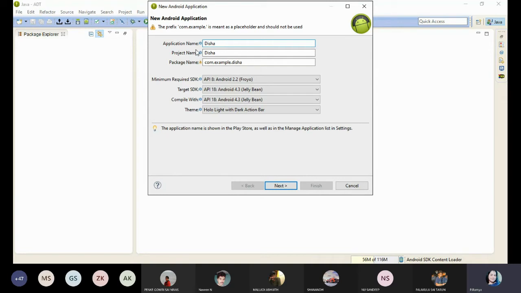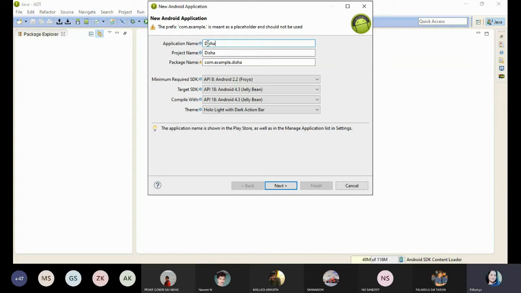Mostly you can prefer that the application name's first letter is a capital letter. It is not mandatory. You can observe your applications in your mobile. I think everyone has a smartphone, right? You have some applications, for example Netflix, Prime Video, Amazon, Flipkart, YouTube, Telegram, WhatsApp, Gallery, Chrome, like that. You have several applications on your mobile phones. In your applications, the first letter of the name is a capital letter.